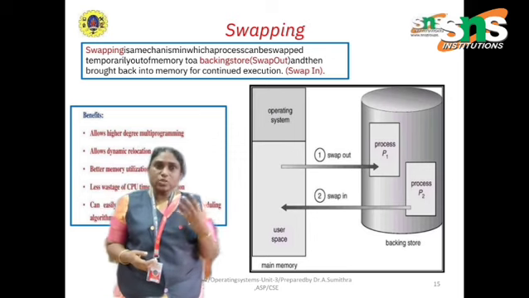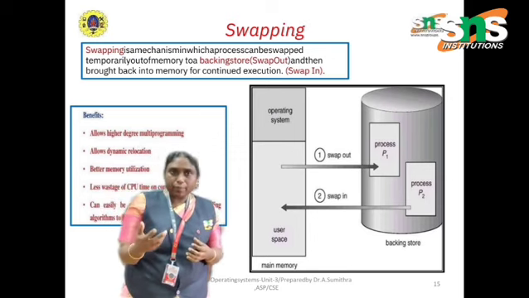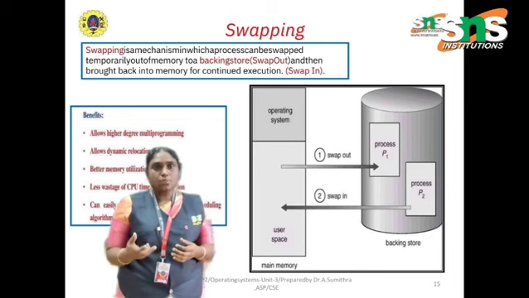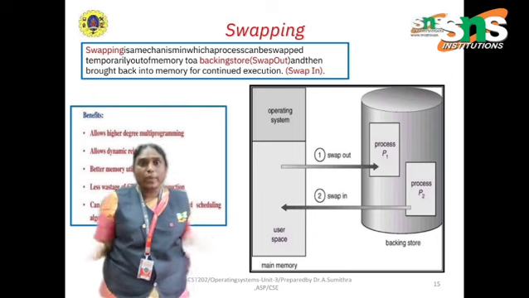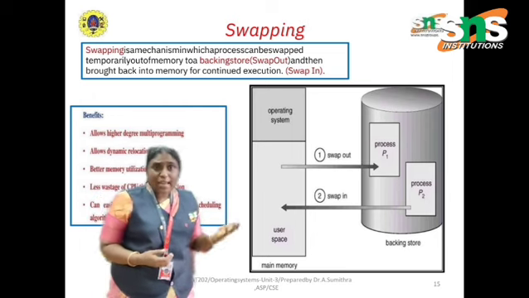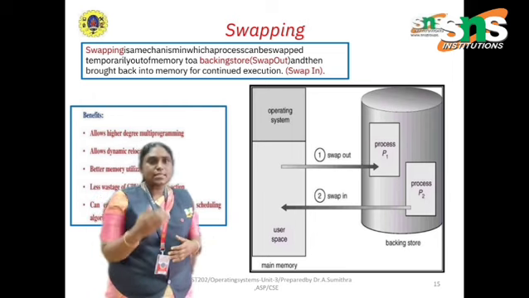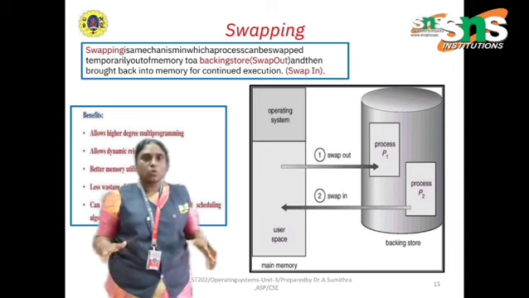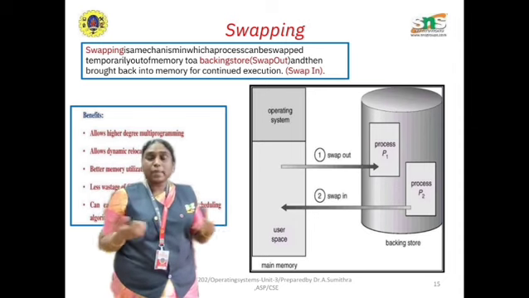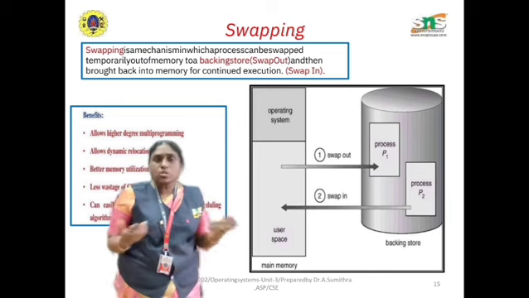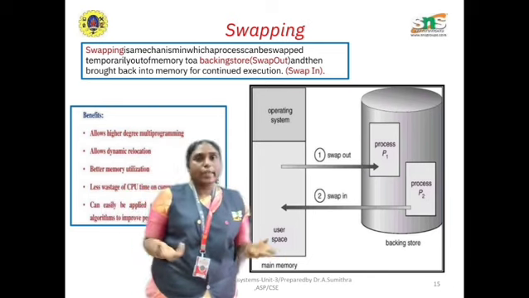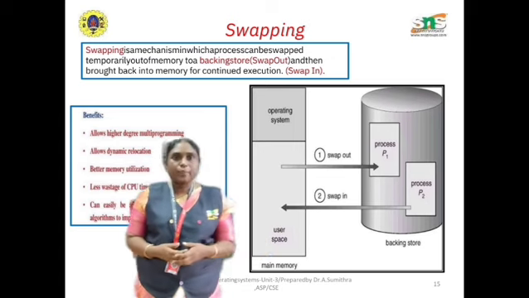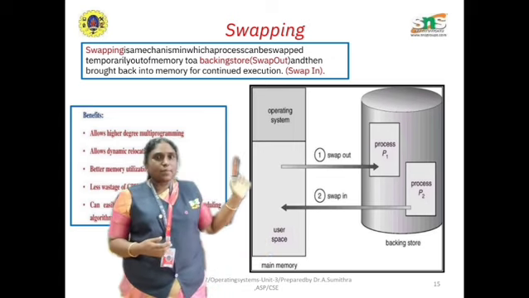The main advantage of this is increased CPU utilization, and it allows more processes to be active without overloading RAM. The basic challenge is that disk input and output is very slow. Frequent swapping may lead to thrashing, and it also requires OS support and efficient scheduling to avoid a performance drop. And an operating system hence